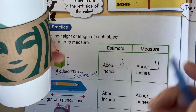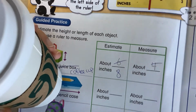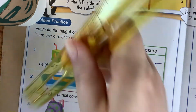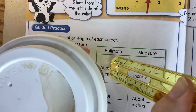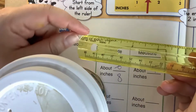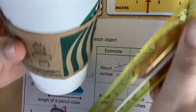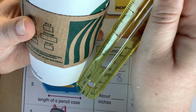I'm gonna guess for me, it's about 8 inches. And then I'm gonna take my ruler. I'm gonna make sure that I'm on the inches side. I'm gonna line up. What you don't wanna do is actually put it on the table or the ground and measure up, because then remember, you're not including this little bit of ruler right here. So instead, I'm gonna actually hold it up. I'm gonna hold the 0 inch line to the bottom of the cup,